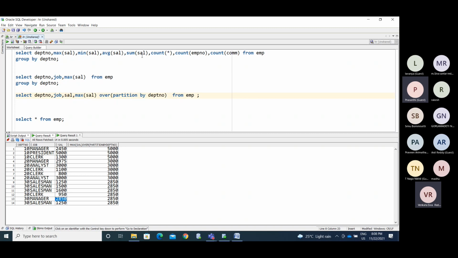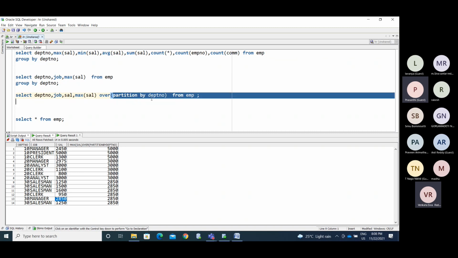Okay, so whatever functions we have among the aggregate functions, these act as analytical functions as well if we simply use the OVER clause. This is the partition by, in the sense that you want to make it like a group.